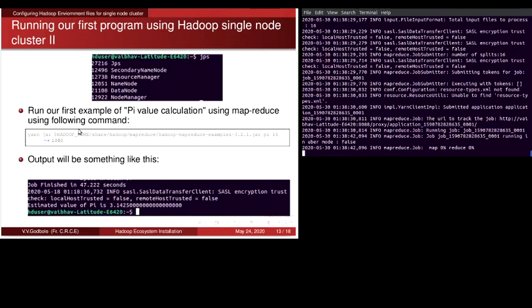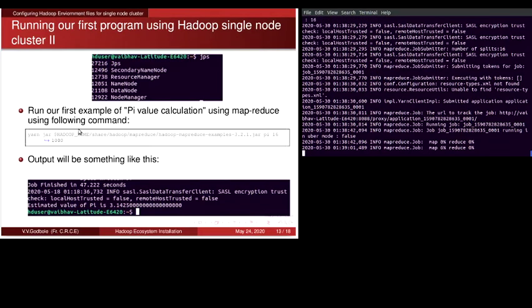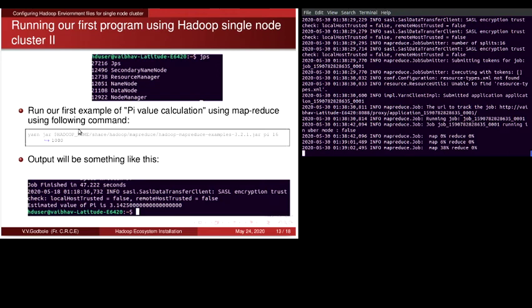This particular program calculates the value of pi by using the Monte Carlo method and by using the MapReduce technique in Hadoop. You can vary this parameter in order to get more and more accurate results.